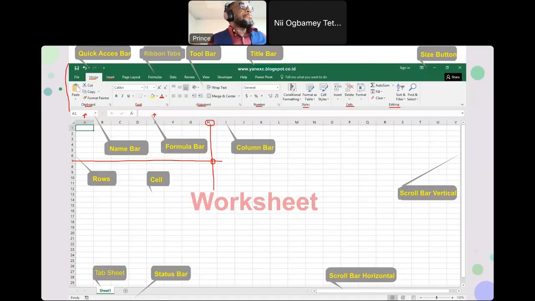But the only way to differentiate between what you are typing and a formula in Excel is you start your formulas with an equal sign. Once you tap the equal sign, everything you are doing, Excel interprets it as a formula.